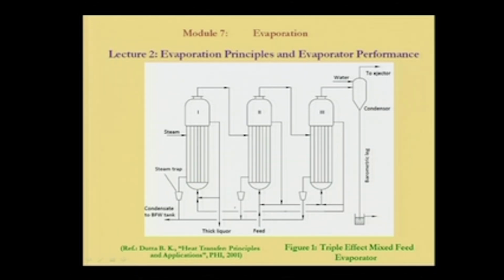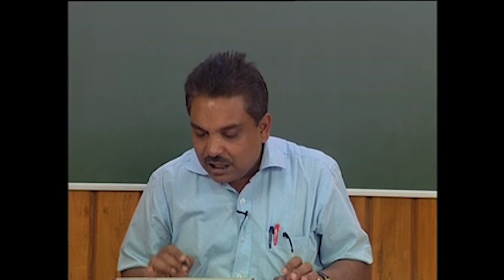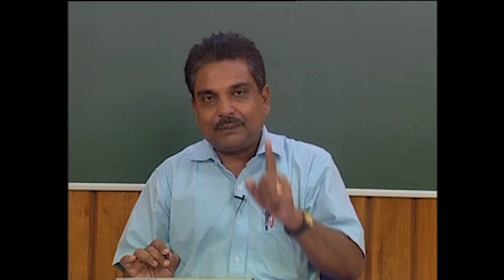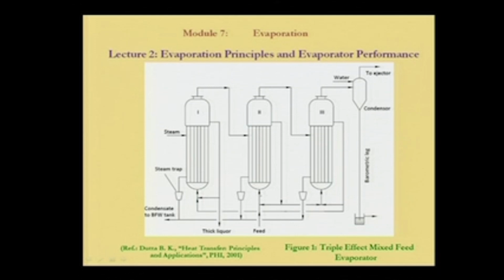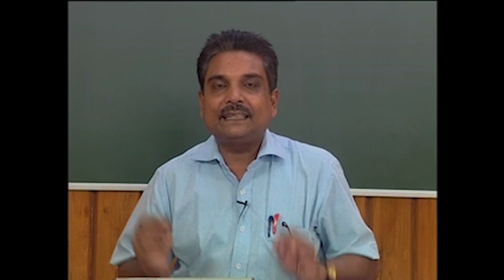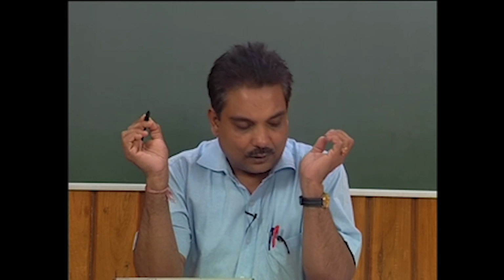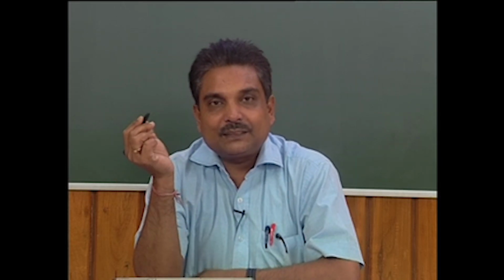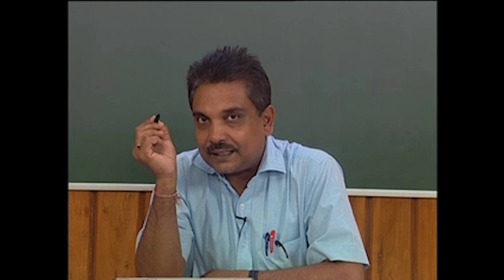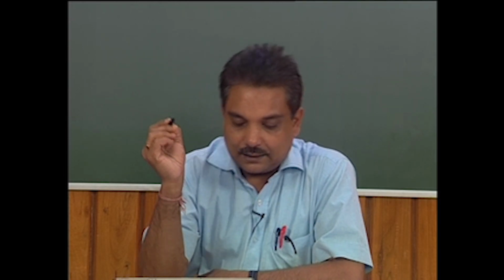If we have more than 3 effects, there are many possibilities, permutations and combinations, that can be used, but in case of triple effect only one particular combination is used: it is given in the second effect, and then it goes forward and then comes back to the first one. Okay. So first in the middle, then forward, and then it comes back. So what is the reason behind this? It becomes an intermediate kind of arrangement, and it compromises between the positive and negative effects of both forward and backward feed evaporators. For example,